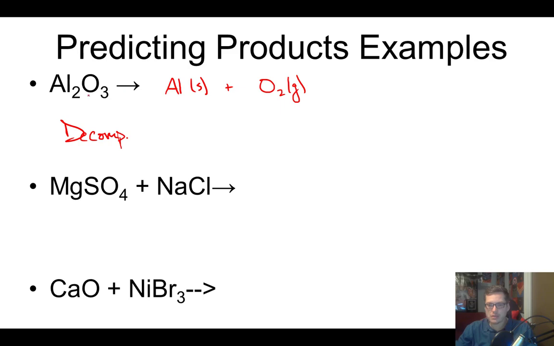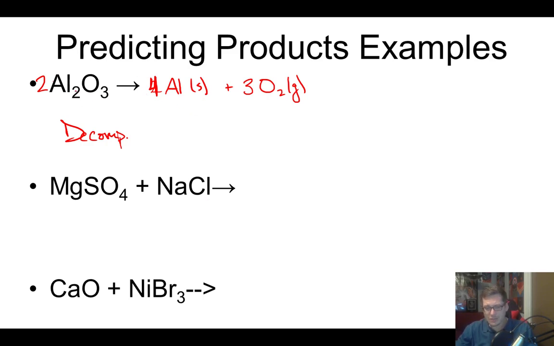We could also balance this, so we've got a 2 here, so we'll throw a 2 in front of that aluminum, and then we've got a 3 here and a 2 here, so that means we need a 3 here, and then a 2 here, and that's going to change our aluminum, and so that would make this a 4 to make that all balanced, as all things should be. All right, so anyway,